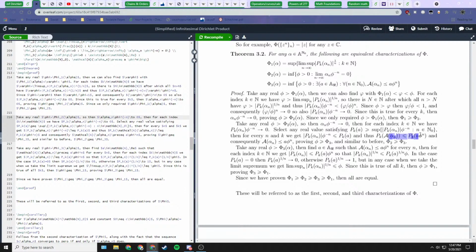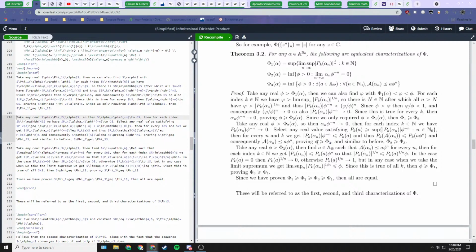But because we have this inequality on every projection, that just means we have this order relation instead, which is just pointwise inequality, which is what we have here. So this absolute value of alpha sub n is bounded by a times phi power n, but that's exactly the definition of phi 3, which is that there exists some a, which is real on each index, such that for every n, the absolute value of alpha sub n is bounded by a phi power n, which is right here. So instead, we also get this phi is greater than or equal to capital phi 3.